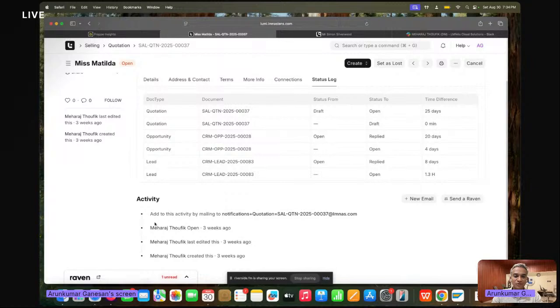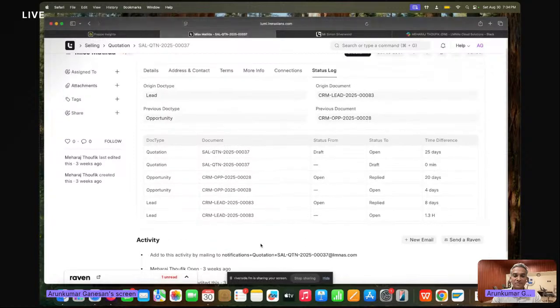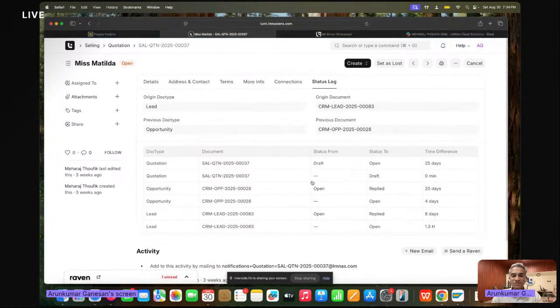there is no contact. I think we have not sent an email or anything happened after this. So this is a clear gap, right? For 25 days, no movement is happening in this quotation, and naturally it will go for expiry in maybe another 2 to 3 days, right? And when we ask the particular salesperson, they might tell that I'm contacting through mails, I'm contacting through WhatsApp, I'm contacting through phones, but where are these logged?